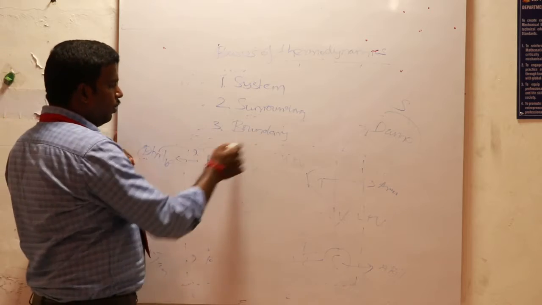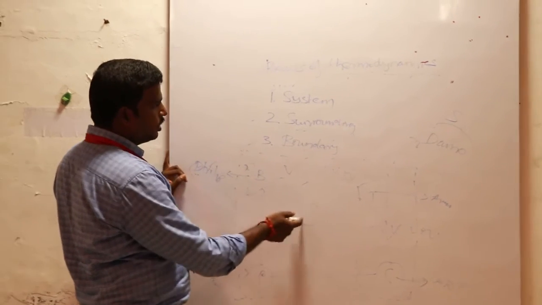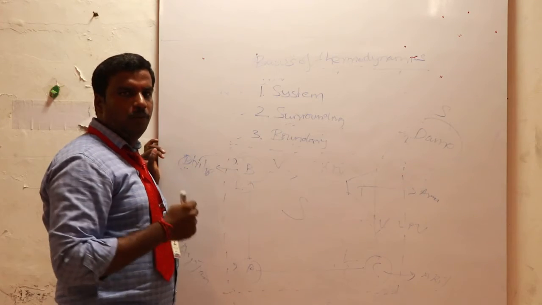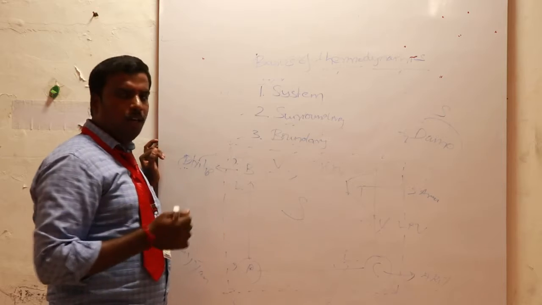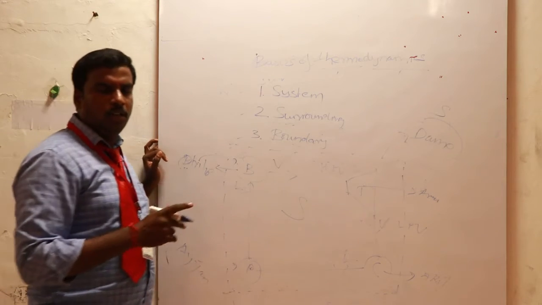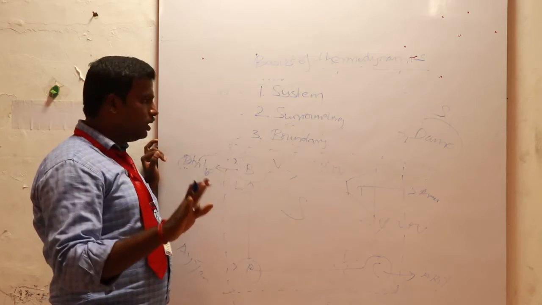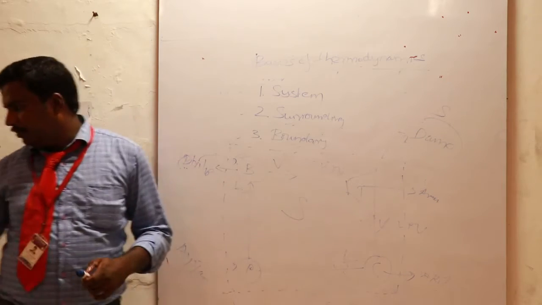So what is a boundary? A boundary is nothing but that which is going to separate the system and surroundings. This boundary can be a fixed boundary or a moving boundary. In case of a closed system, we call it a fixed boundary system, and it can also be a moving boundary system. And for an open system, it is a closed system. So example,